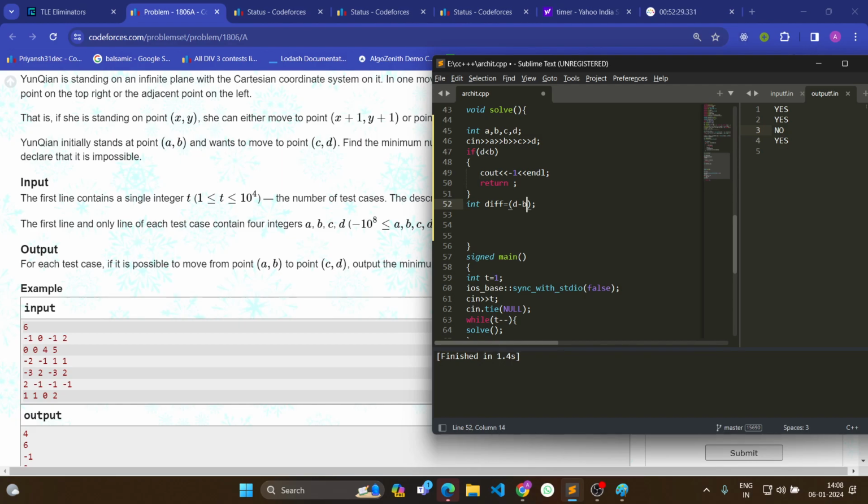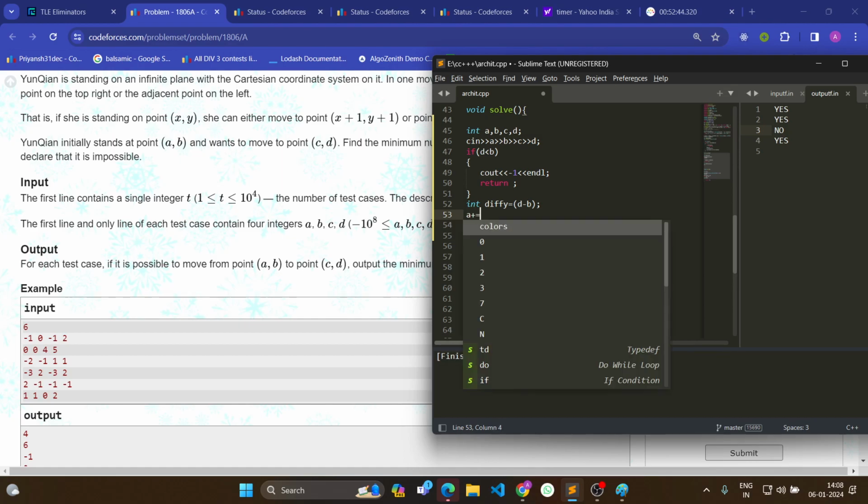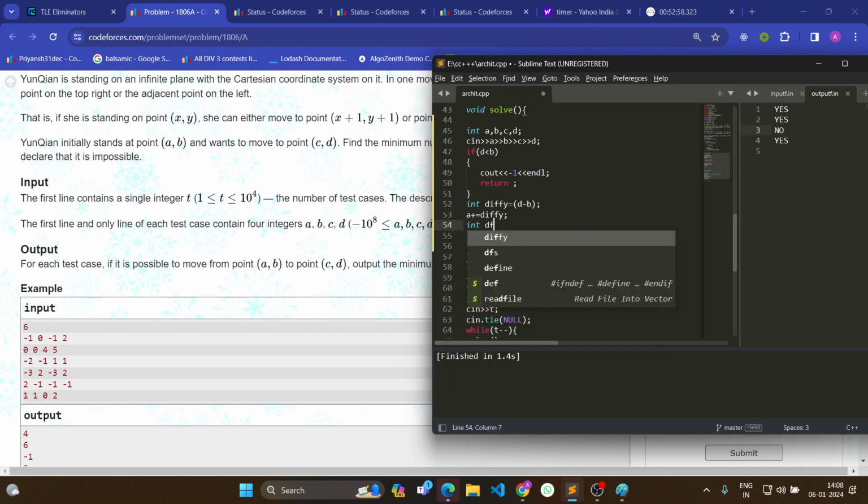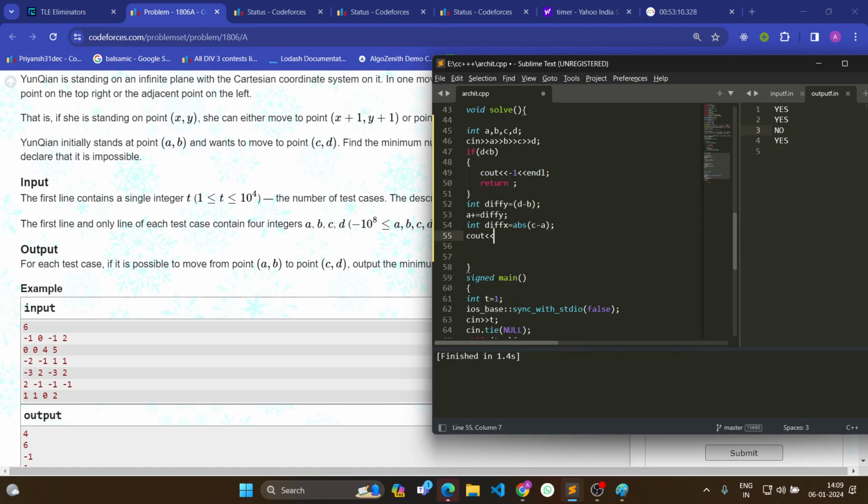And let's see the difference in x. So now this difference must be added to a. So a plus equals diff of y, because she has moved that much. Now we'll see the difference in x. So that would be equal to c minus a, the absolute of this value, and the answer would be